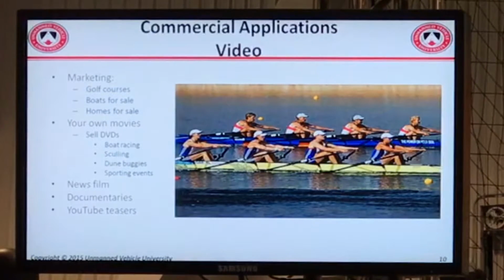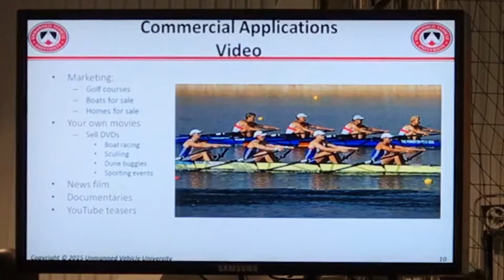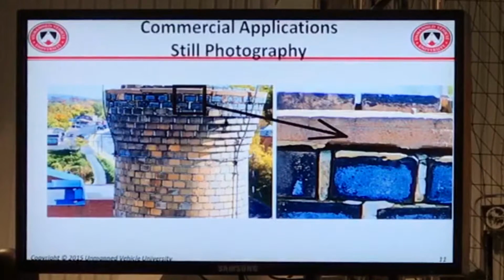Anybody here been to a Dallas Cowboys game last year? Jacksonville Jaguars? Good, because I don't like either one of their teams. They both use that DJI Inspire during the commercial TV breaks to fly around the field, take a look at the audience and everything else. What a great idea. Okay,